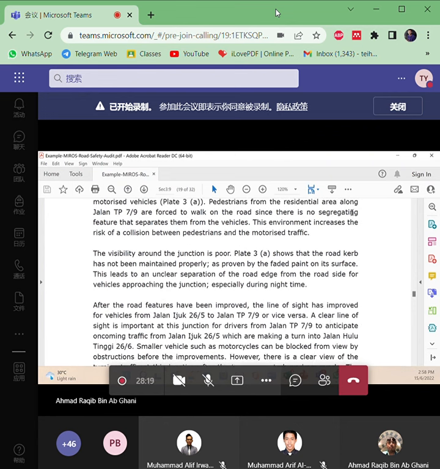Pedestrians from the residential area along Jalan TP are forced to walk on the road since there is no segregating feature that separates them from the vehicles. This environment increases the risk of collision between pedestrians and the motorized traffic. The visibility around the junction is poor. Plate 3 shows that the road curb has not been maintained properly, as proven by the faded paint on its surface. This leads to an unclear separation of the road edge from the roadside for vehicles approaching the junction,